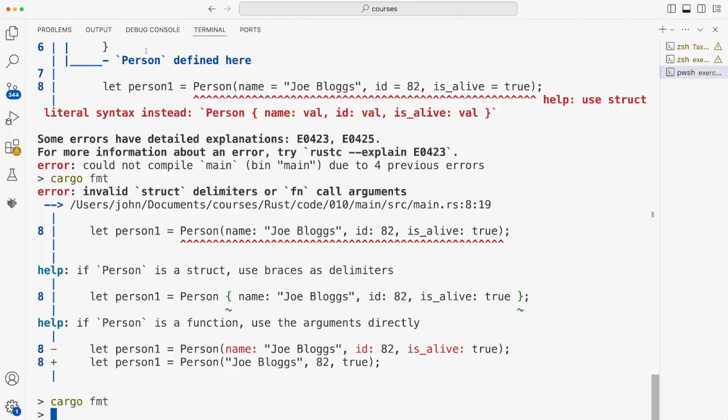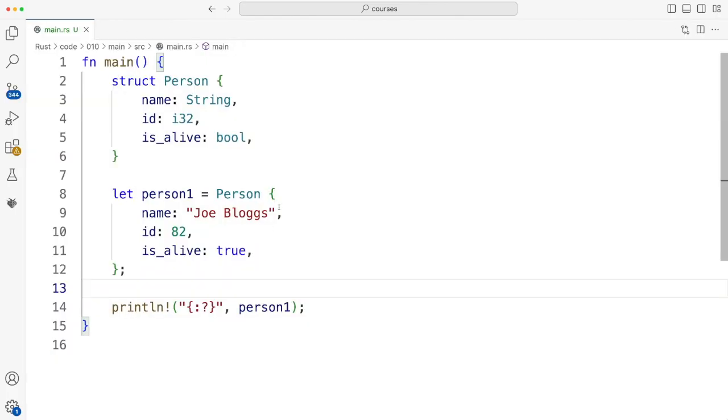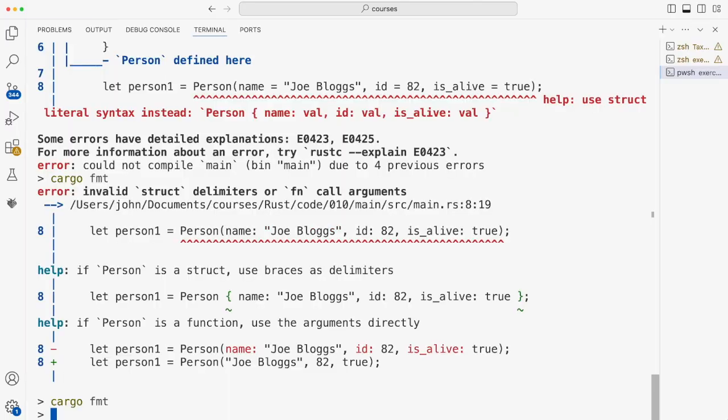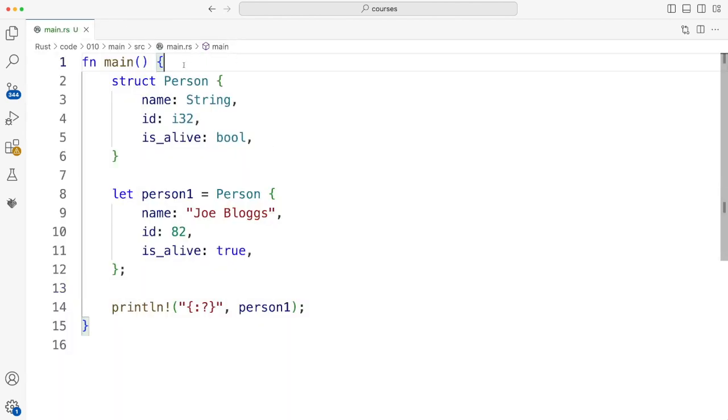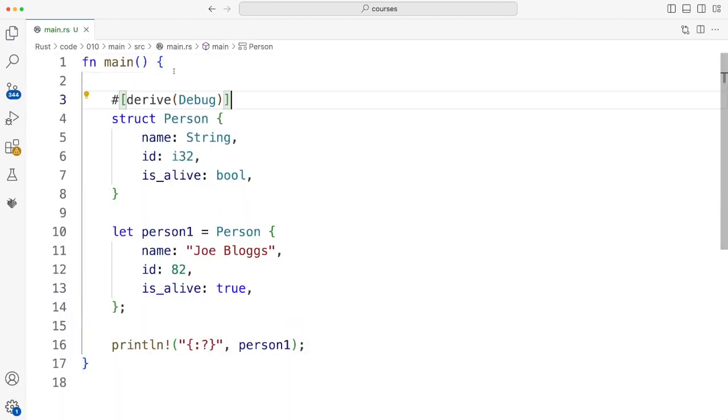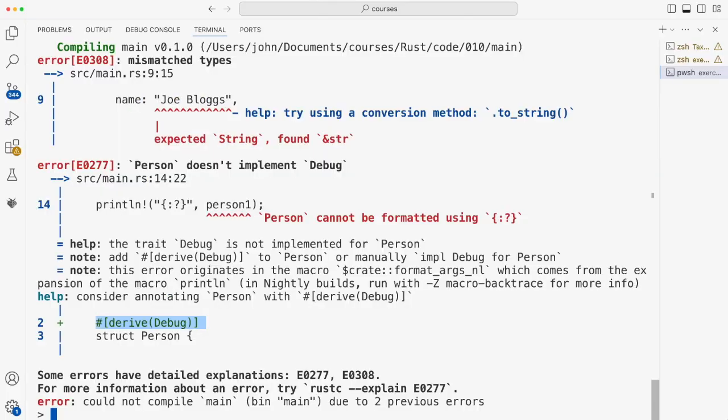Okay, well, at least cargo fmt ran. Okay, so now I've got something like this. Let's try it and see if it actually runs. So it doesn't run, and it tells me that I need this stuff above my struct if I want to be able to print it. Apparently this activates some kind of debug mode, which the documentation does mention, and then you can print your struct. So let's copy that and paste it here. At least it tells you what you have to do. Can't say I'm wild about this syntax, but let's go ahead with that.